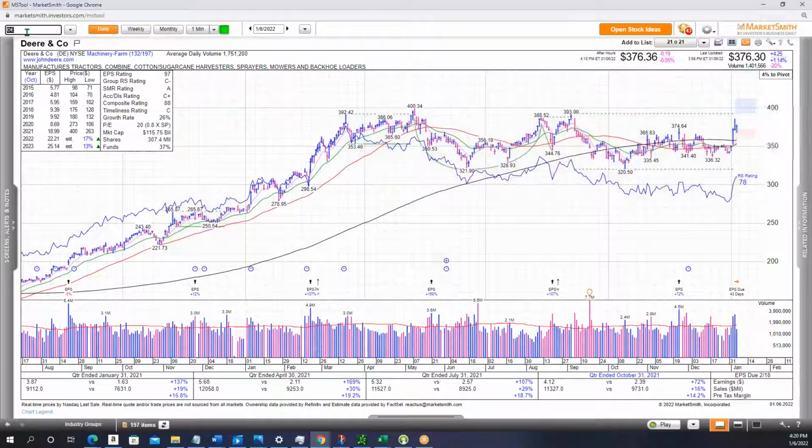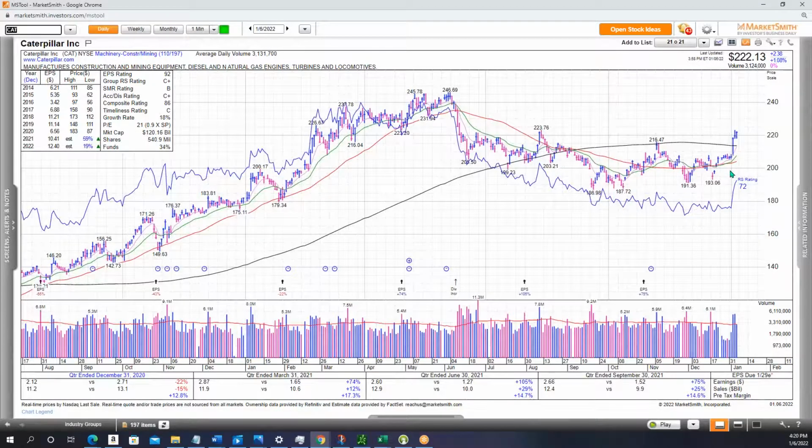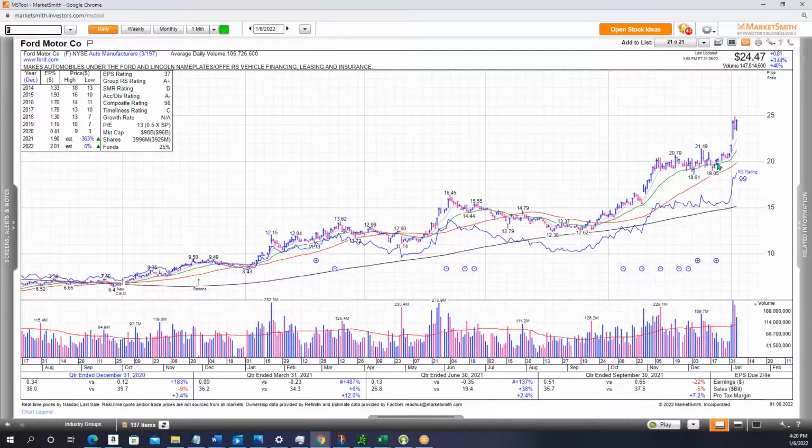So John Deere is making a strong move and starting to repair the chart, getting back above these moving averages. Hopefully we'll start to see these hook up and get back in the right order. Additionally, Caterpillar, although I don't think it looks as good as John Deere, is doing something very similar. And this isn't an industrial play per se, not in the same way that Caterpillar and Deere are, but we're